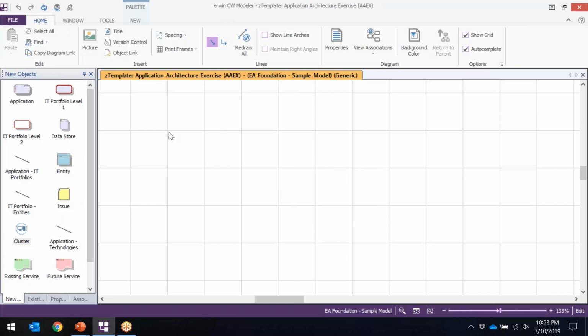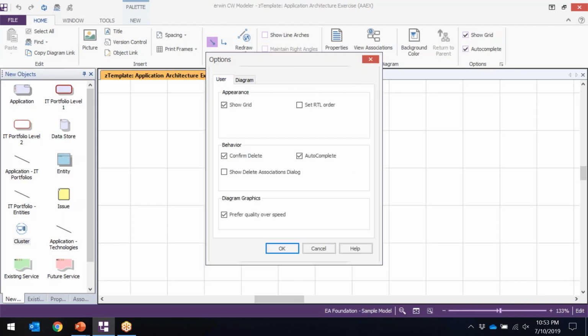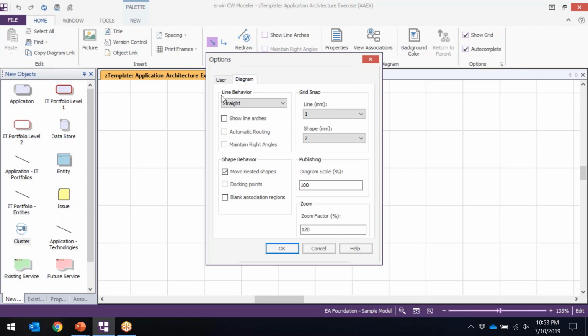So to summarize, a template allows you to choose the palette, allows you to choose the diagram rule and its category, as well as the options for, on the diagram tab, what is the default line behavior, whether or not you want to show line arches, what is the shape behavior, grid snap. So these are all the things that you can choose at the diagram template level, as well as the zoom factor and the grid snap. So these are things that a user could choose later and modify later, but this becomes the default for how the diagram works when they first open it up and they first do things. So this is a great thing to set up for whoever is going to use